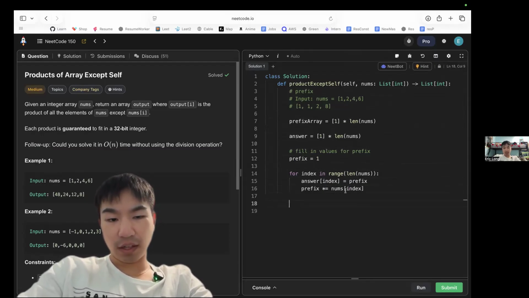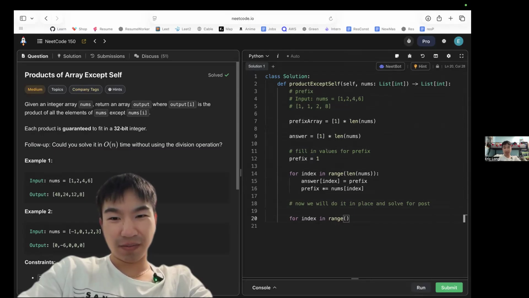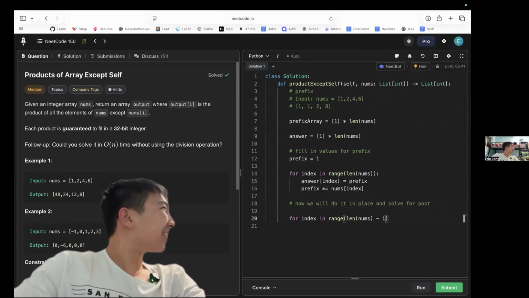Now that we've filled in all of the prefix, we want to fill out the postfix. Now we will do it in place and solve for the postfix. And by solving for postfix, we actually go backwards on the array. So for that, we could use a for loop. We could use for index in range. Because we're going backwards, we're actually going to use the subtraction. So -1. So let's go get the length of nums. And because we start at zero index,